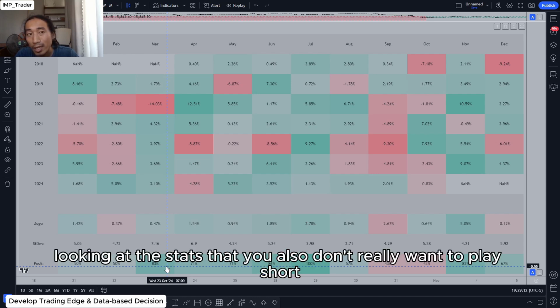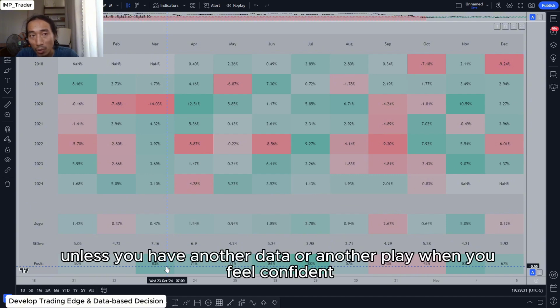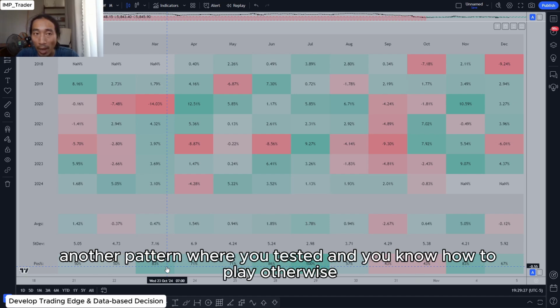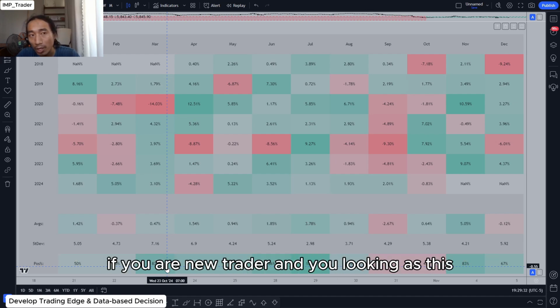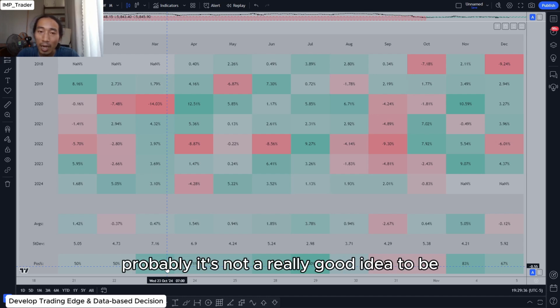And looking at the statistics, you also don't really want to play short unless you have another data or another play where you feel confident, another pattern where you tested it and you know how to play. Otherwise, if you are a new trader and you're looking at this, it's probably not a good idea to be